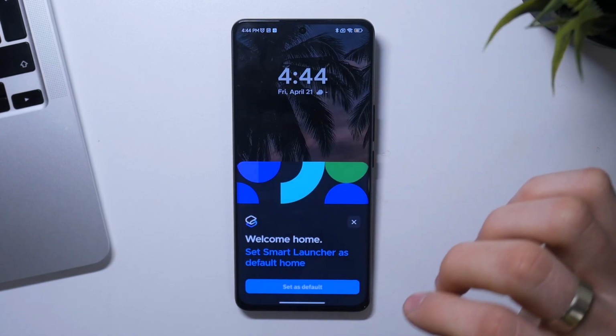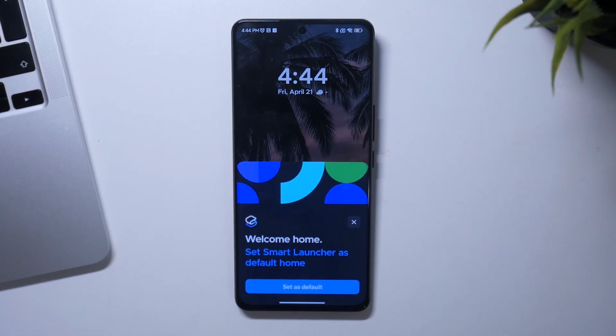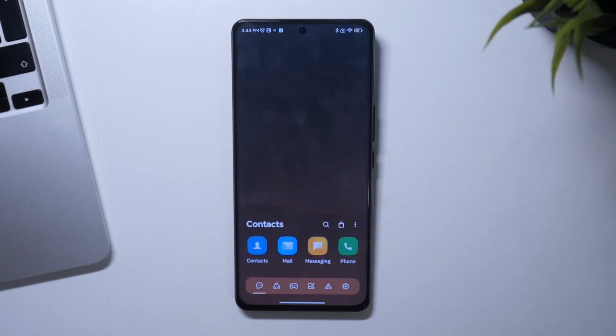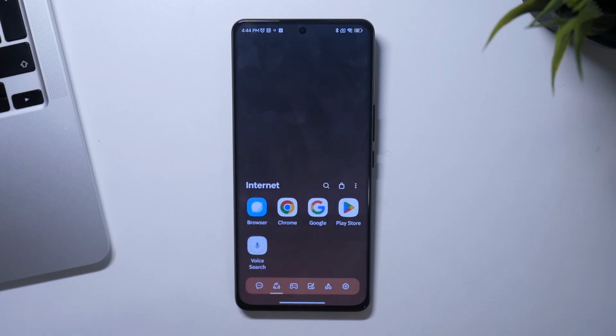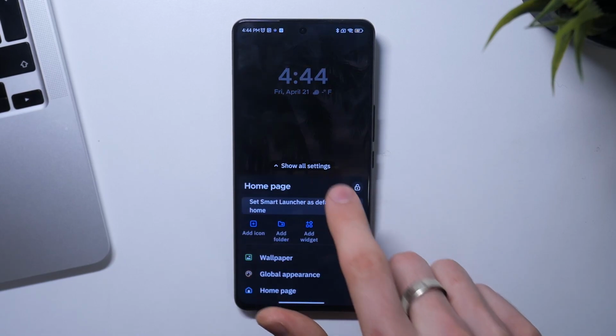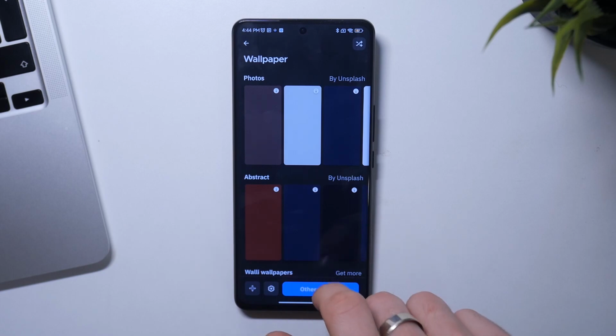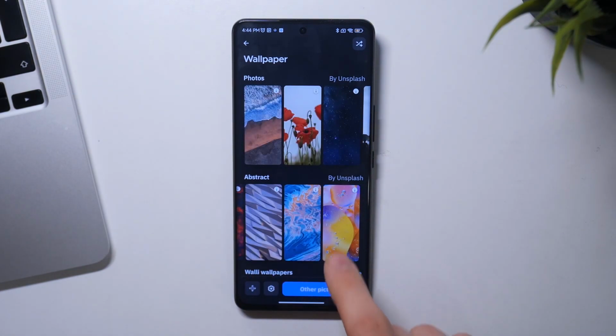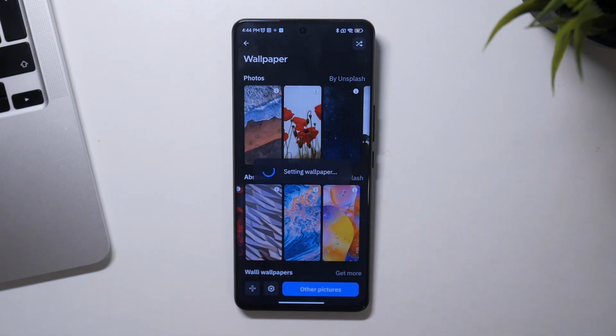and great. So here we have a really beautiful interface, really beautiful design, with really handy app grouping features. Here we have contacts, internet surfing apps, games, media, utilities, and settings. Here we have a really beautiful wallpaper gallery. For example, if you want to find any beautiful wallpaper, you can find it here. Just click on it, click apply, and